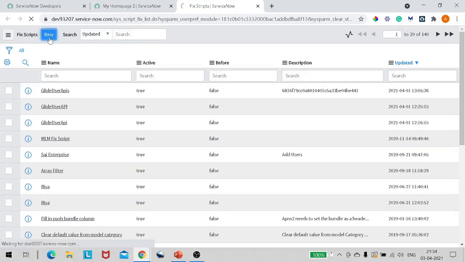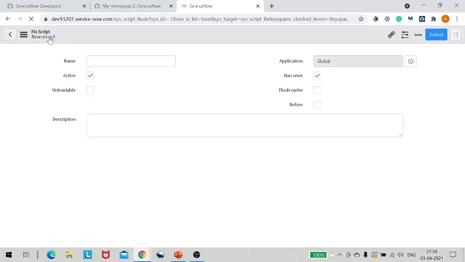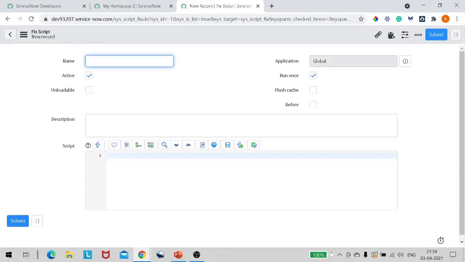On the incident form we have a field called caller, the user who is calling that incident in. We want to populate the email ID of that caller into the short description, so that the person acting upon that incident, the assigned to or assignment group, will come to know the email ID of that person. It's just a general requirement I'm taking.